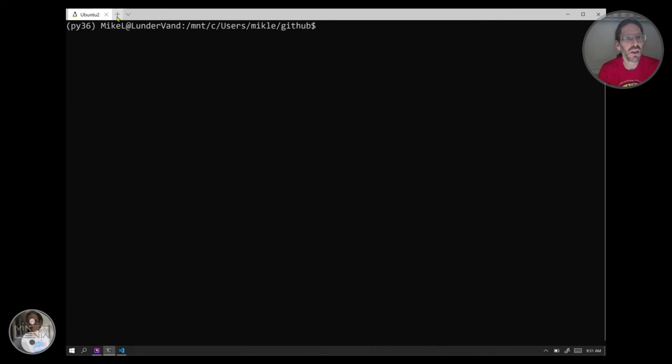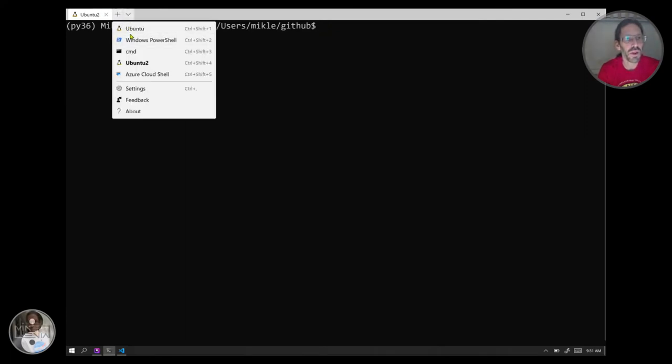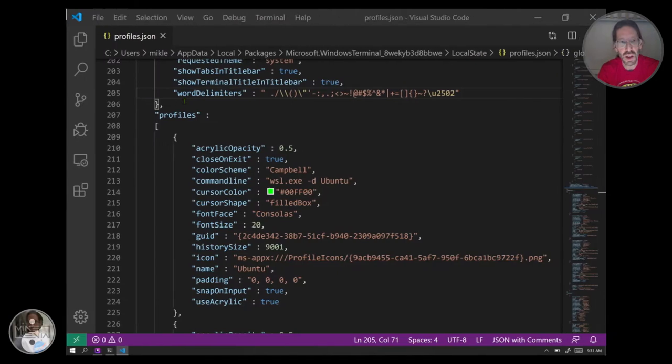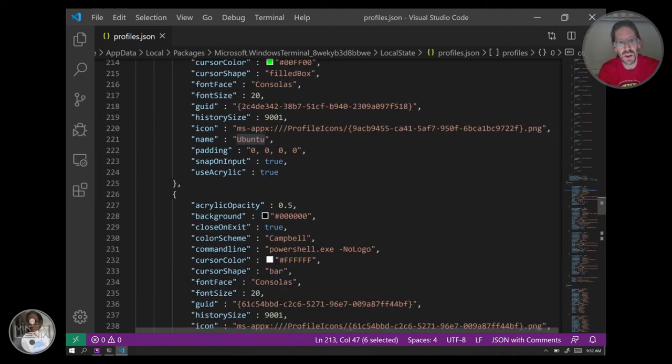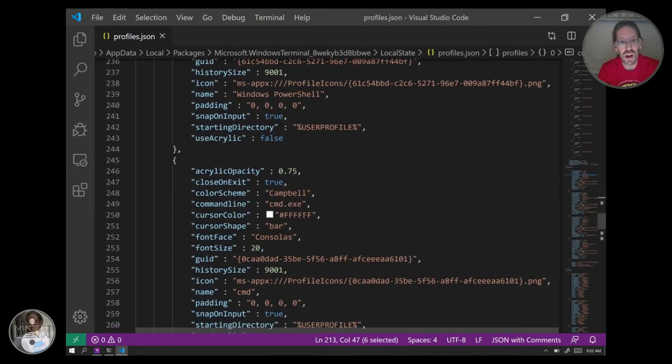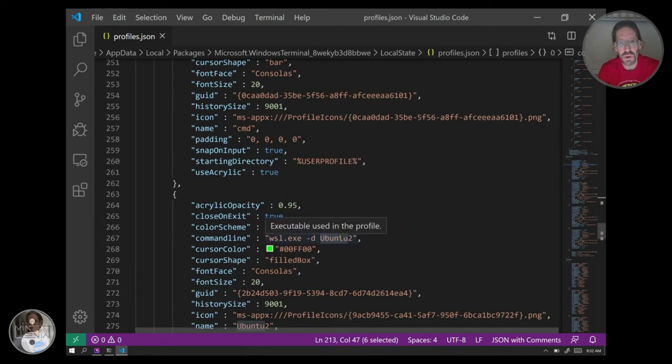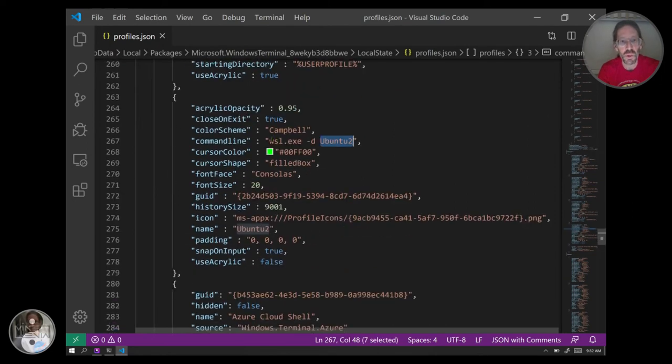The way I have made Ubuntu the first option on the drop-down menu, and the default option most importantly, the default option when I start up these terminals, is to go down to the profiles where I have defined. This is Ubuntu 1, I can tell because of the way I named the files. But if I go down to where I have a command for Ubuntu 2 right here, I know that's running WSL, the new WSL, because that's on the system right now, calling up the new